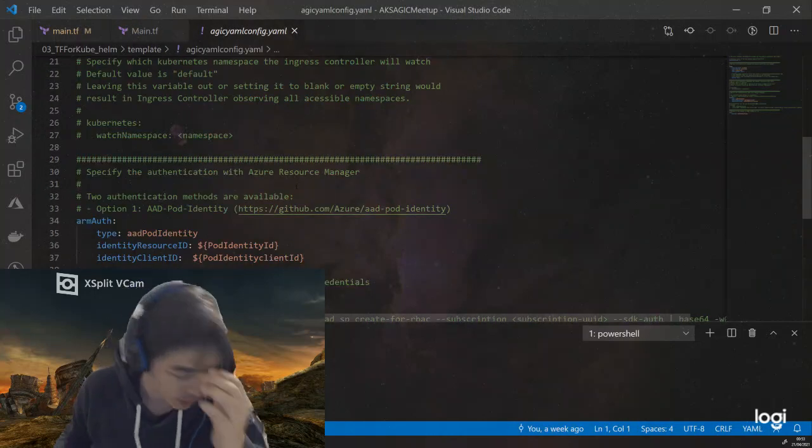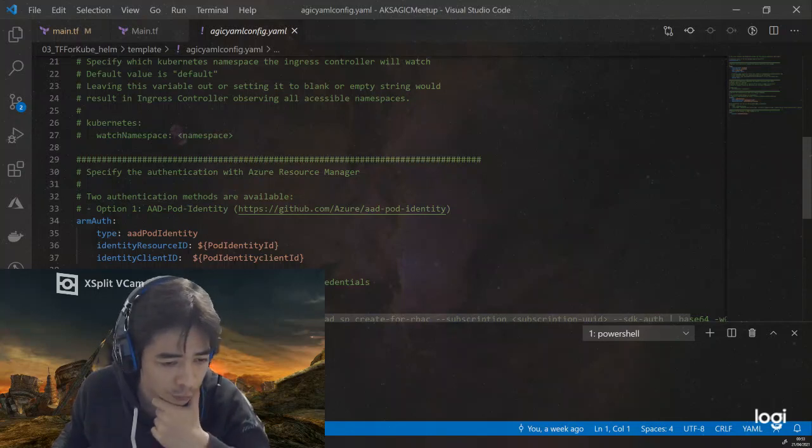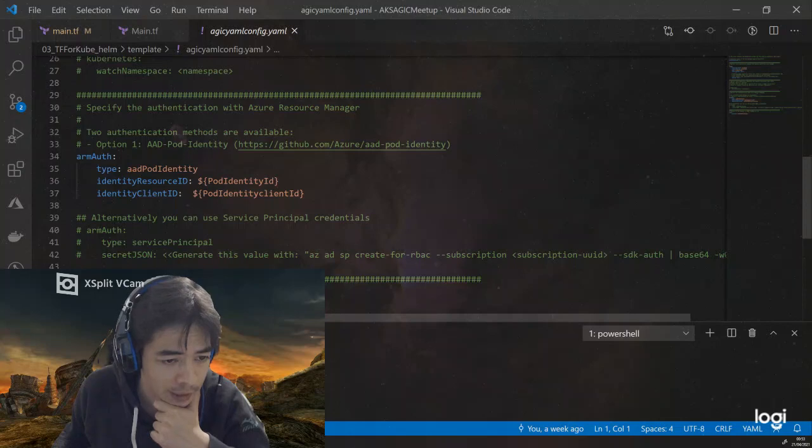And as you can see, I'm also leveraging the interpolation of Terraform, so that I get the pod identity and its client ID to put in my YAML file.